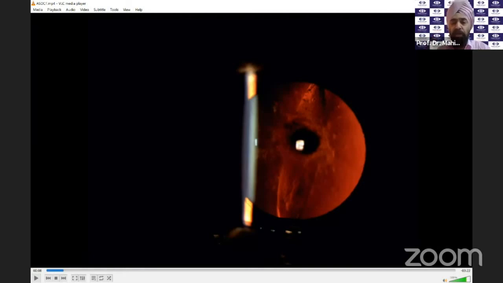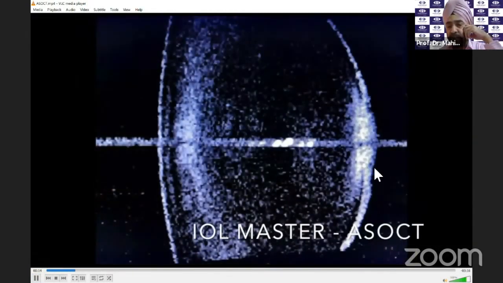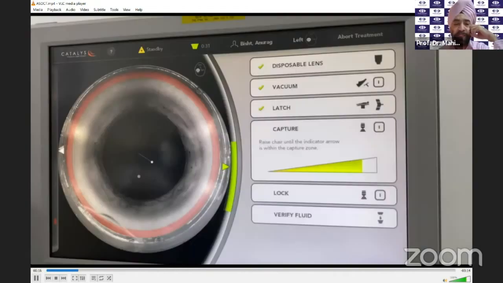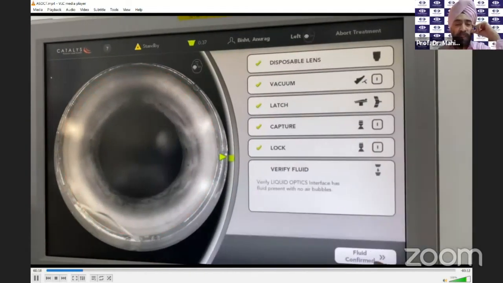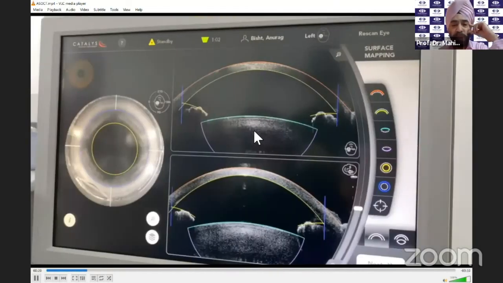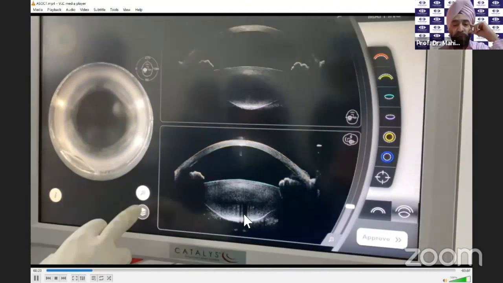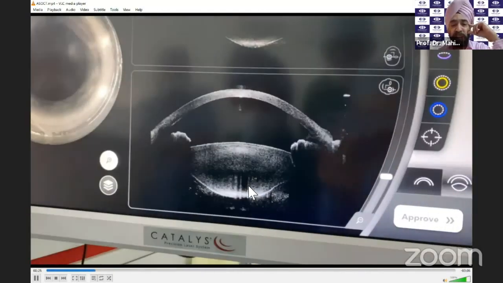So I am very, very sure in this particular case that there is going to be a rent, whatever I may do. So like Mohan said, I am doing it under a block, but I am preferring to use a femtolaser. Another picture. Now, when you go on a femtolaser, you can see here that there is a bulge here. So that means that the OCT that I am seeing now is showing me a bulge. So here you can see is the defect. So what we will do is that we will raise this default.